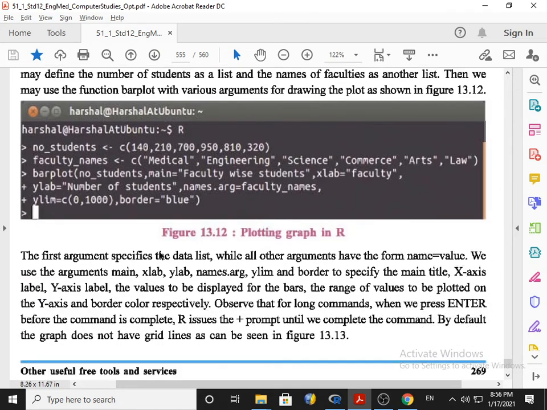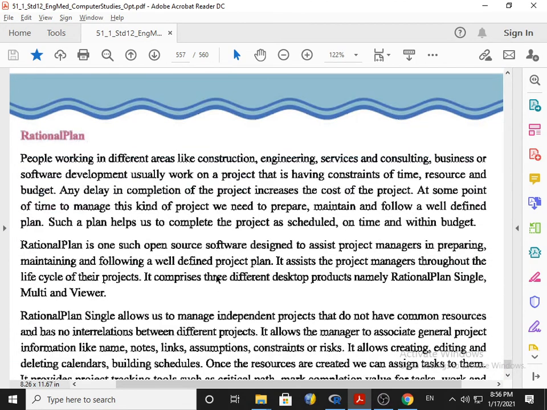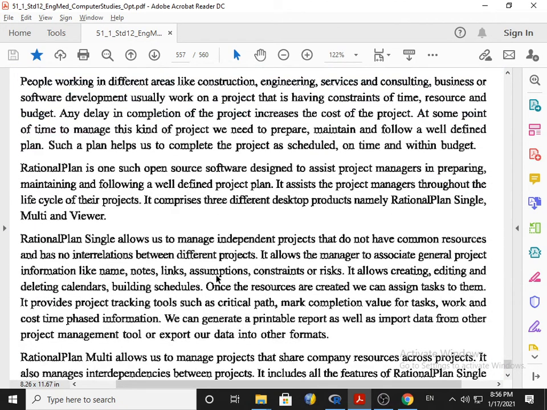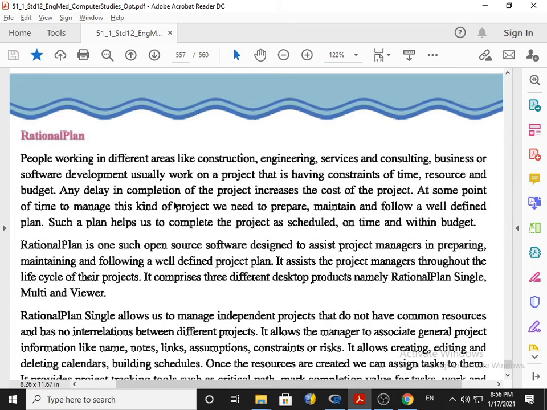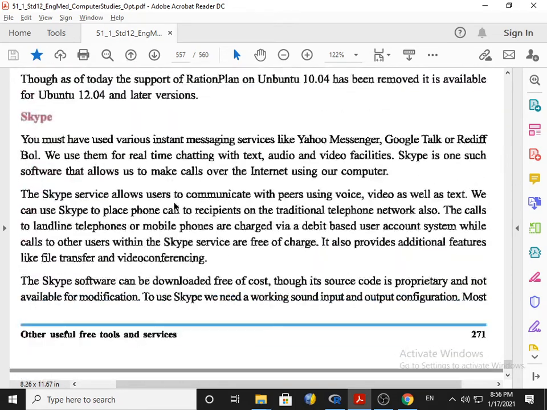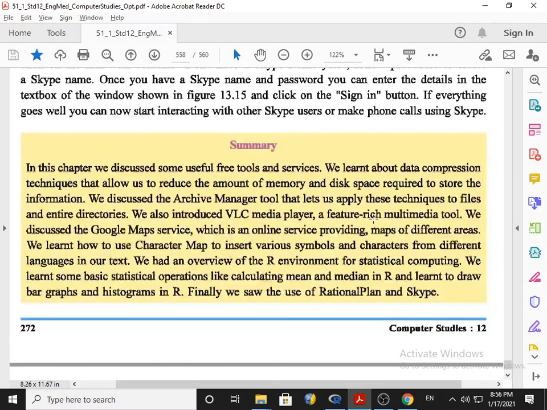So plotting in R is excluded, page number 270 is also excluded, and rational plan I already explained in my previous video lecture, so you can watch it if you are still not aware about rational plan. After rational plan, the Skype topic is excluded from the syllabus, and on page number 272 the Skype part is also excluded from the syllabus.